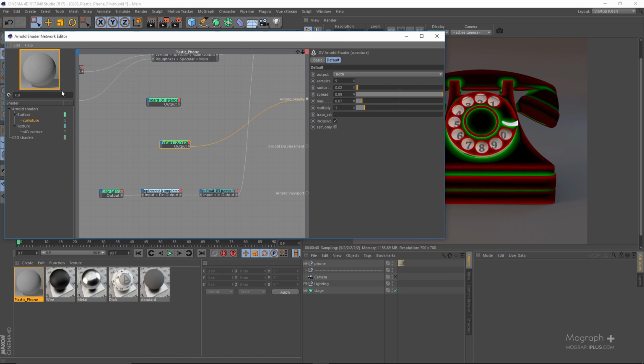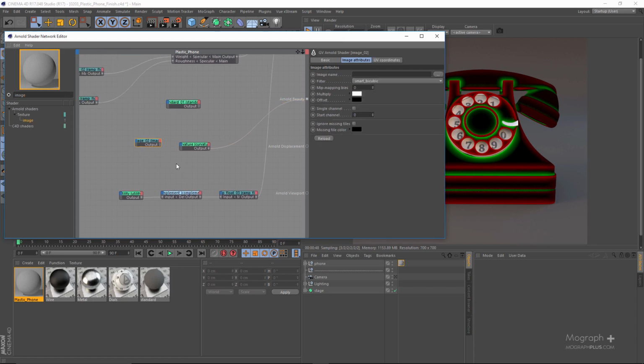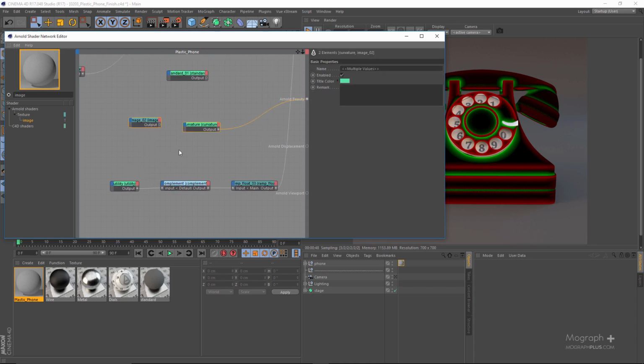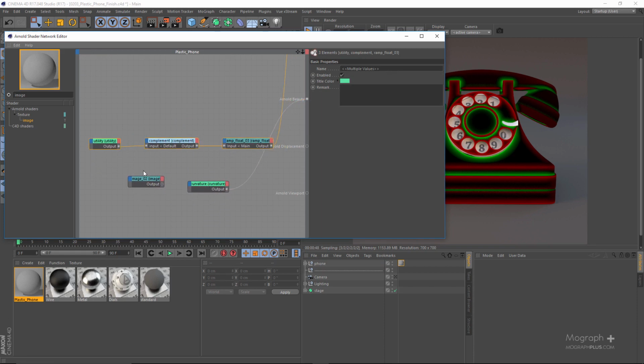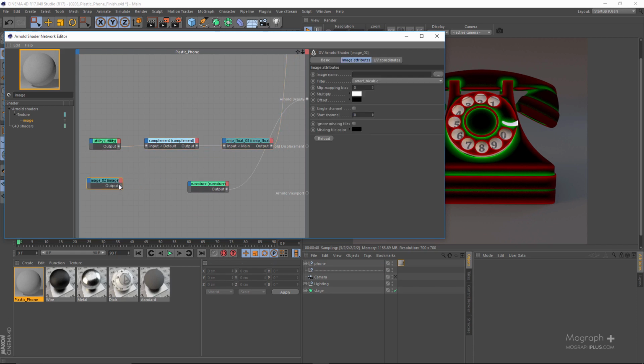So let's actually load an image node here. So that's going to be the image node. That's our standard shader, and let's just put these guys. This is our first layer, the first node that controls the layer 2 alpha, and this is going to be controlling the layer 3 alpha. So I'm gonna connect this image to the multiply value,